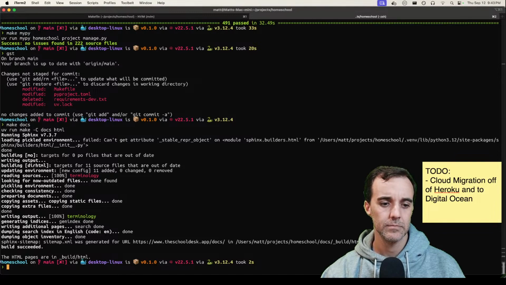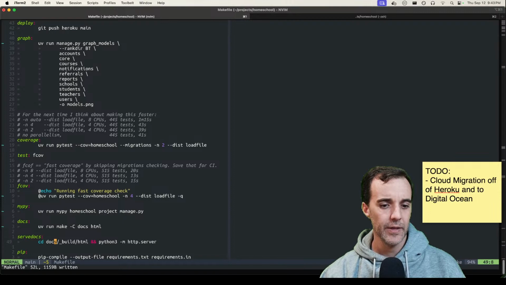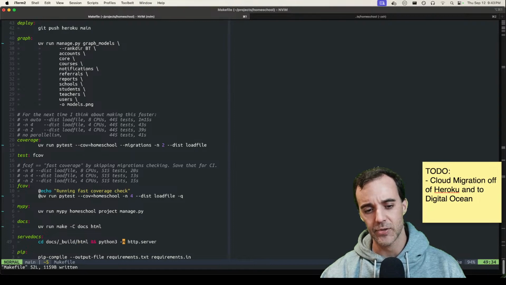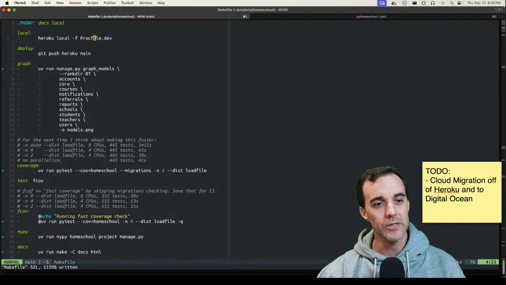All right, it built everything that we wanted. Cool. And then this part, I don't think I need to change this because this is a static file server. There's no reason to change this. And then I think we can leave pip compile alone. That's kind of the legacy thing. The thing that we do need to do